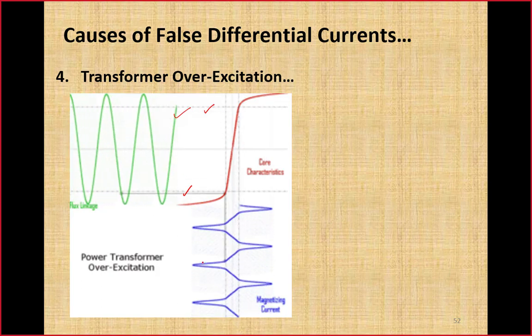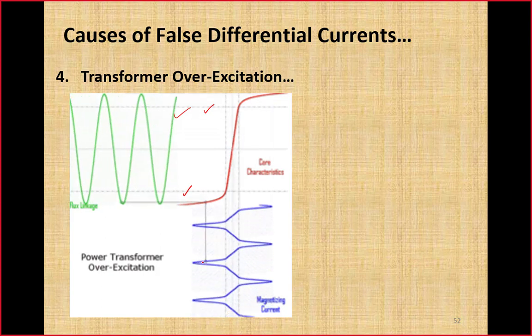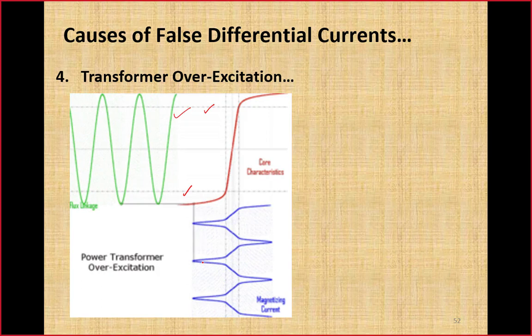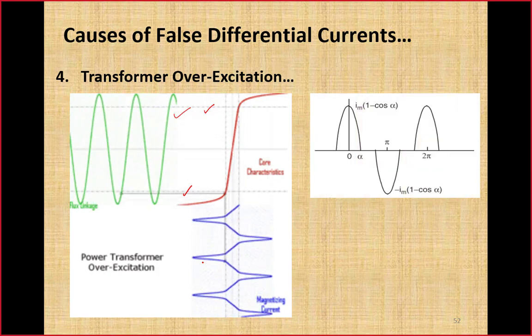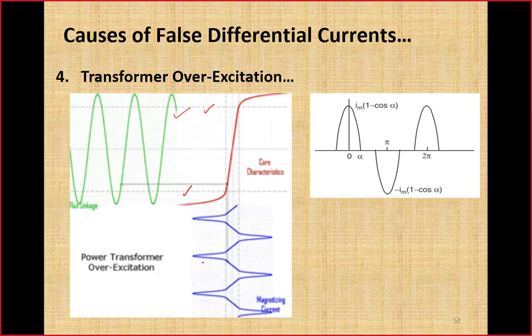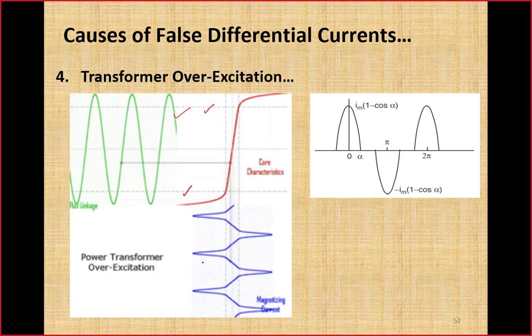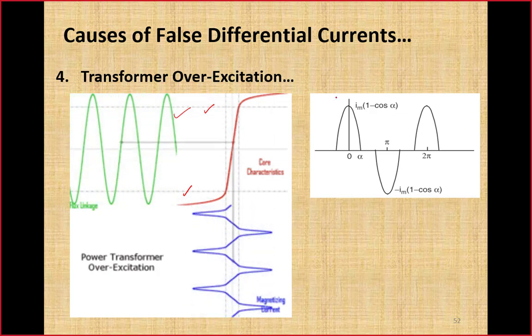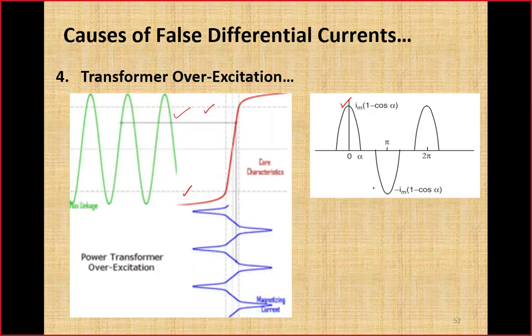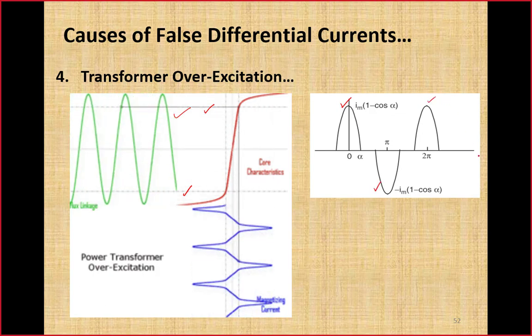Now if we assume the magnetic characteristic of the transformer is the same as we have approximated with the help of two straight lines, here is the waveform of inrush current. During the linear region, current will be 0. During the saturation region, it will draw current. Now this is the waveform drawn: inrush current during the positive cycle, negative cycle, in the next positive cycle, there will be the next negative cycle, and so on.